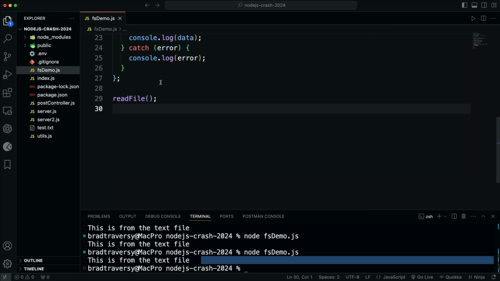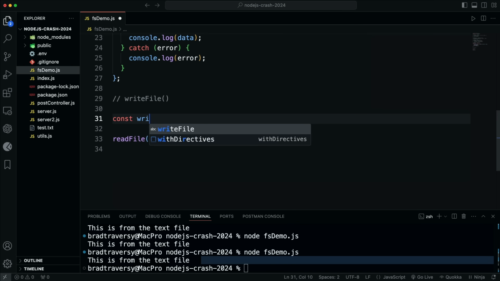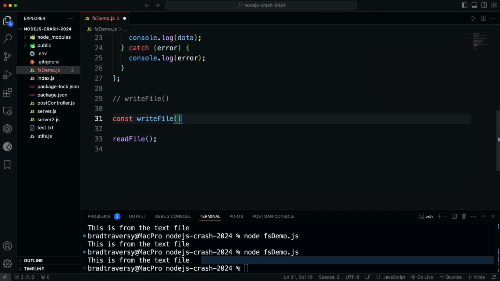So the next one we're going to look at is writeFile. And I'm not going to do it 4 different times. I'm going to use the async await version. So let's say const writeFile, and it does just that. It writes to a file. If it doesn't exist, then it'll create it. So let's say async,